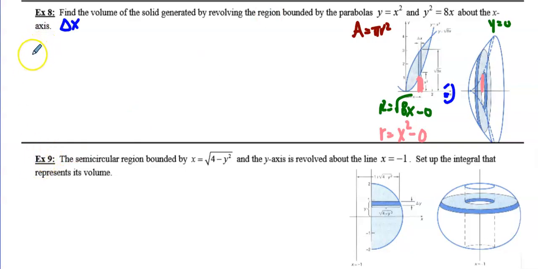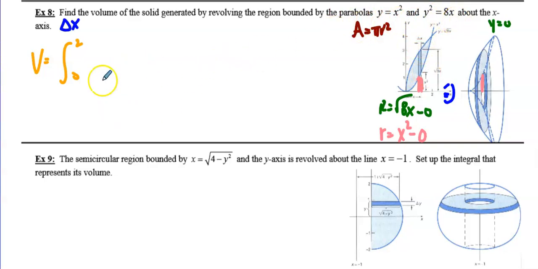So we're going to do the volume, and I'm going to just separate them for us for right now. And so we're going to integrate this just like before. So if we're in terms of x, it's going to be our left bound and our right bound. And so we're going to integrate from 0 to 2. Now, if you didn't have a graphing calculator, or you didn't have time to graph this, what you could do